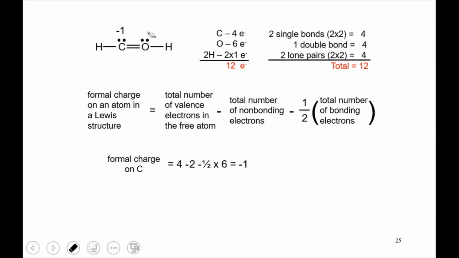Okay, let's try the oxygen now. The valence of oxygen is 6. Now, in this structure, oxygen has 2 electrons that are not part of bonds. So I'm going to take 6 minus 2. And oxygen also has a double and a